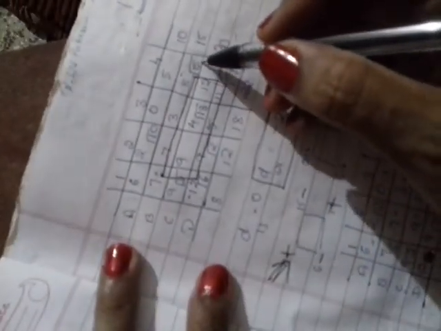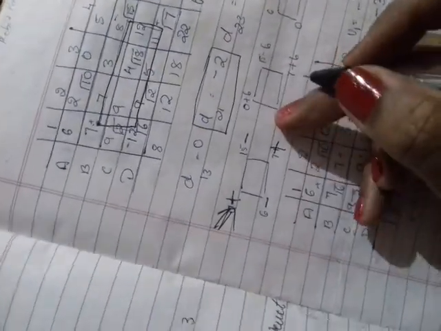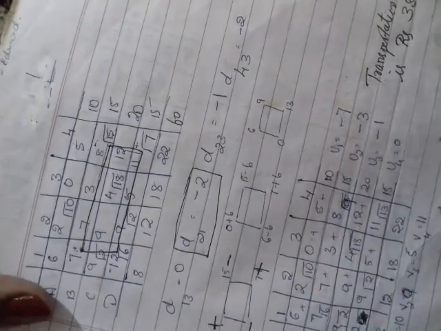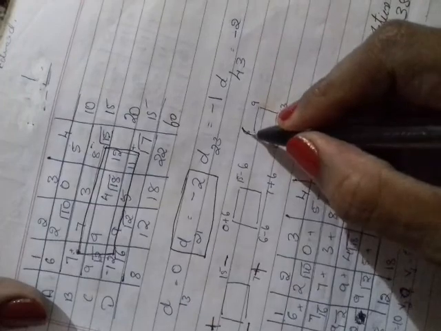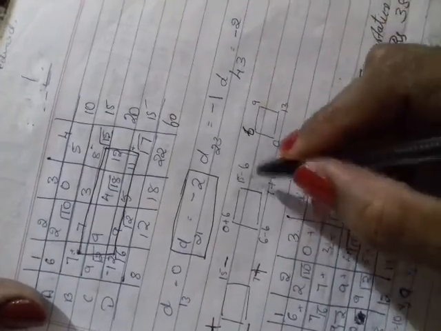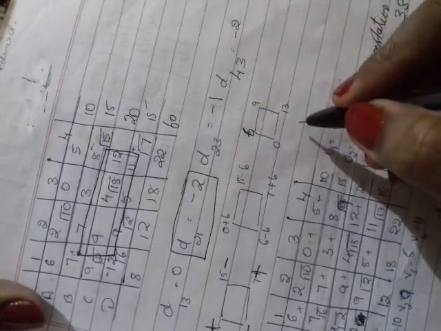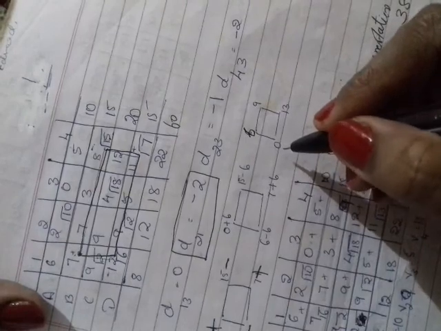In these minus cells you have to take the allocated values. So here it is 15, here it is 6. Which is minimum? 6 is the minimum. So you have to add 6 here, subtract 6 here, add 6, subtract 6. The other loop I have given the same way: add 6, subtract 6, add, subtract. So what will you get? The first one, the incoming cell, becomes 6. The next cell is 15 minus 6, so you will get 9. Then it is 7 plus 6, you will get 13. Then here it is 0, because 6 minus 6 is 0.